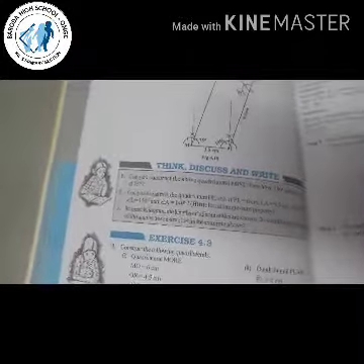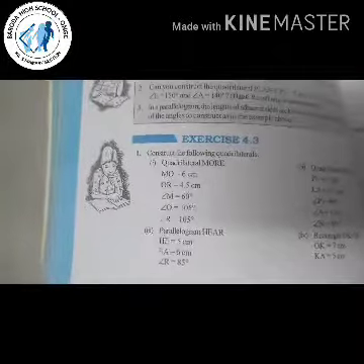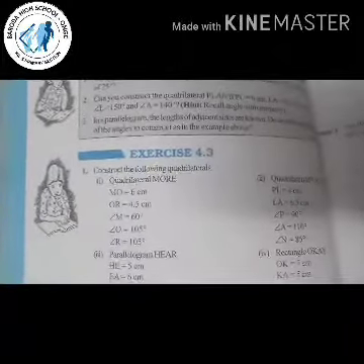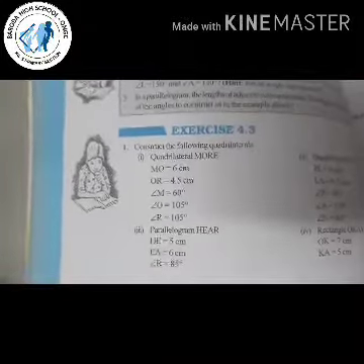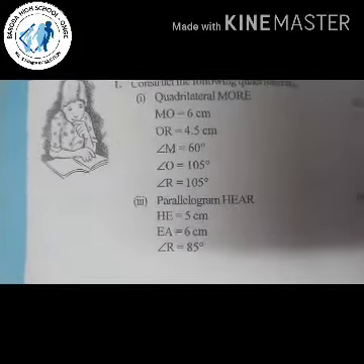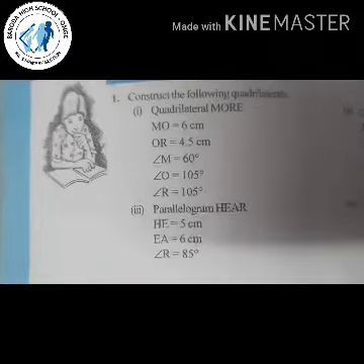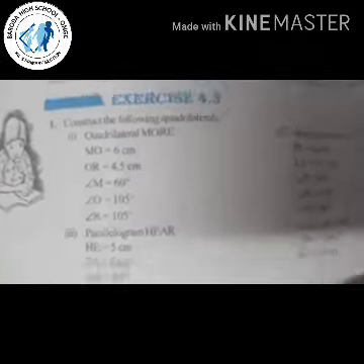Okay, now go through this, think, discuss and write. If you have any doubts, we'll discuss in the Google Meet. There are 4 sums in exercise 4.3. In question number 1, 2 sides and 3 angles are given, similar to example 3, and also question number 2. In question number 3, 2 sides and only 1 angle is given, but one hint is given that it is a parallelogram. So here you can find out the other angles and you will get all the 4 angles.